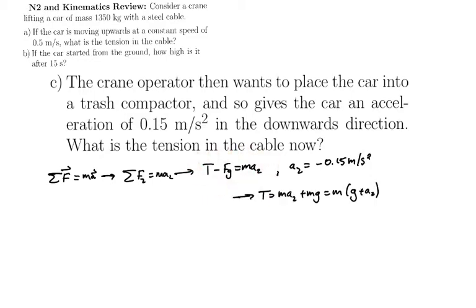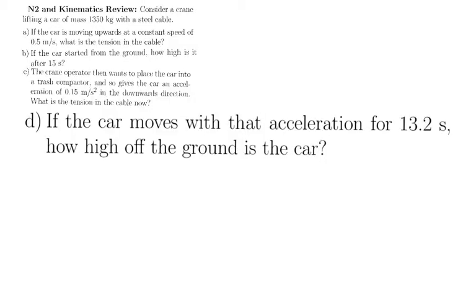That tells me that the tension is going to be equal to ma plus mg, which is m times g plus az. Remember, az is negative, and we get the answer, about 1340. So this is a little bit less than the tension was before because it's accelerating downward. So the tension needs to be less than the gravitational force in order for the resulting car to have a downwards acceleration. Part D says, if the car moves with that acceleration for 13.2 seconds, how high off the ground